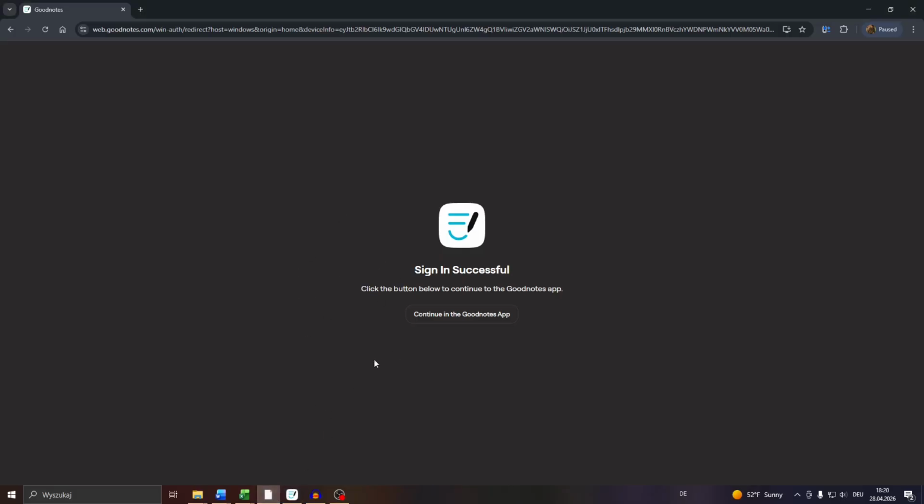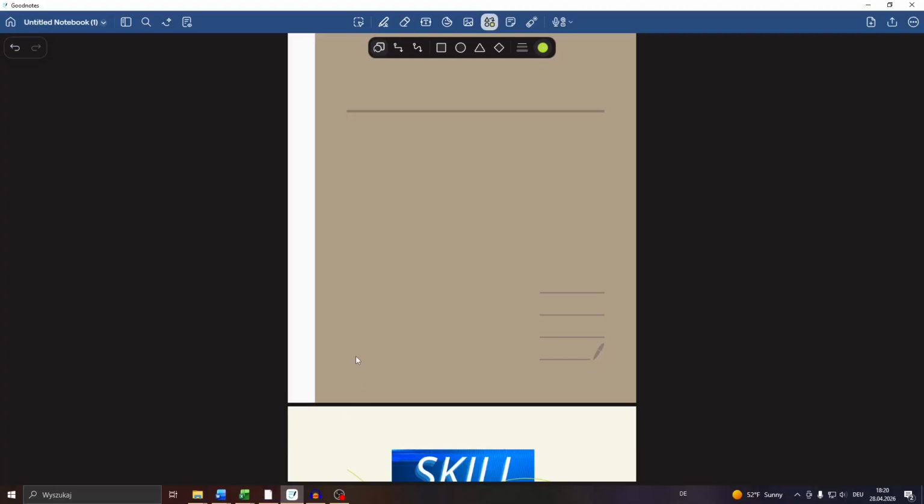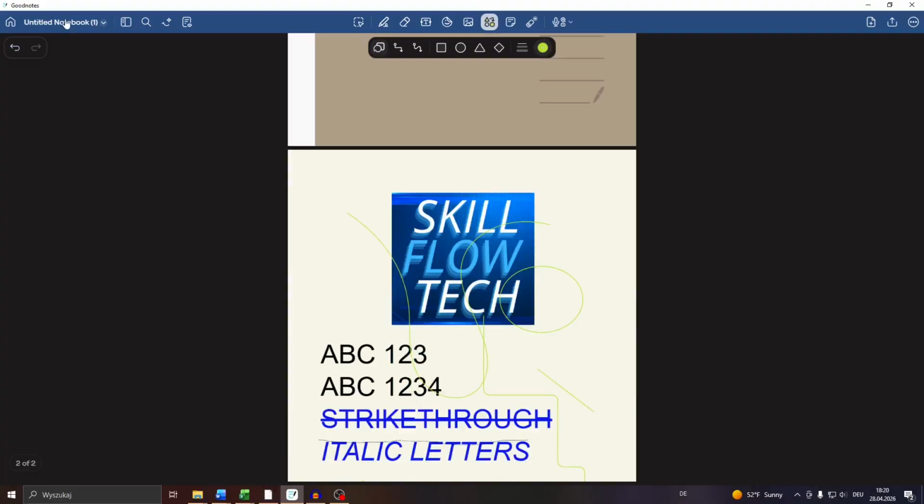So launch the Goodnotes app on your desktop computer or laptop, navigate to your document or notebook here on Goodnotes, and in the top right, you will see this share button, and next to it, also this button. So what you want to do is click onto this one, share and export, but instead of sharing it, select export as PDF file format, wait for the exporting to be finished, and after that you will see the document